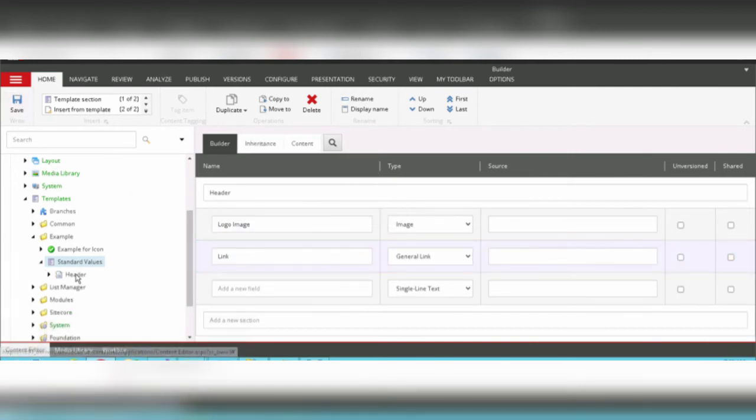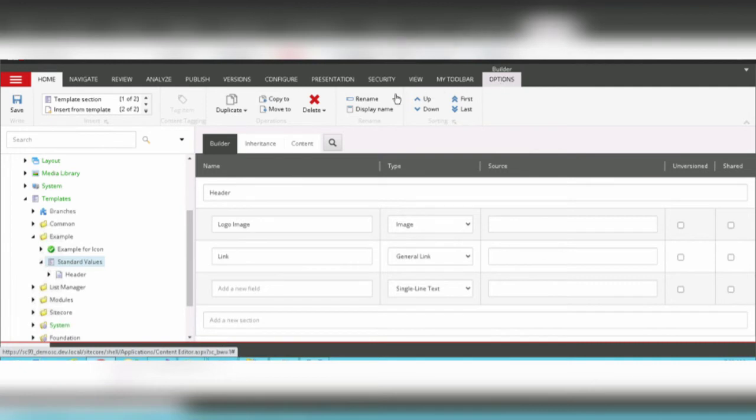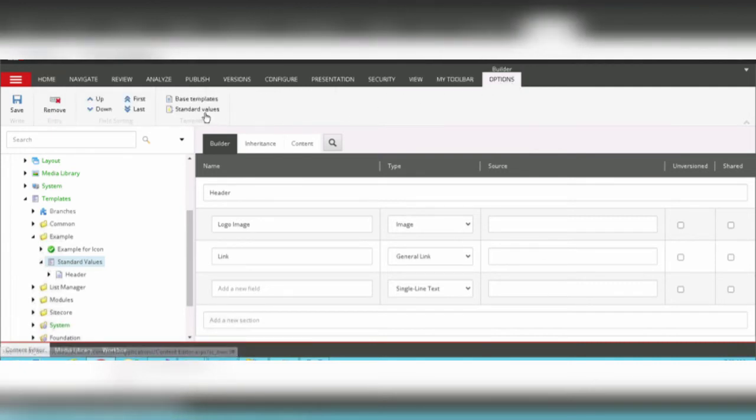Yes, now we have saved it, and if you select any template, then we have one extra option in the Sitecore ribbon, that is builder options. If you click on this builder options, then we have many options. In templates we have base template and standard values.